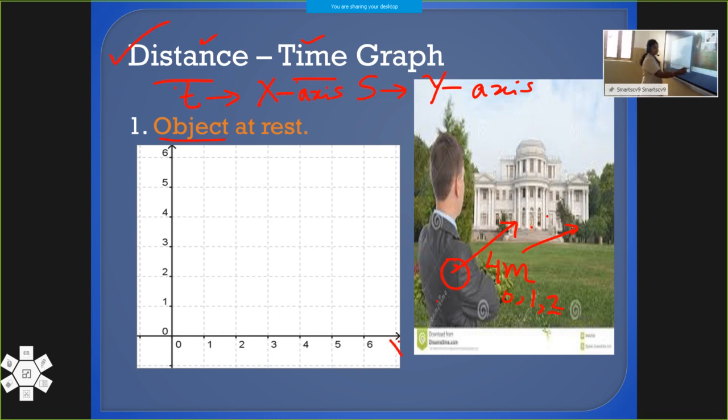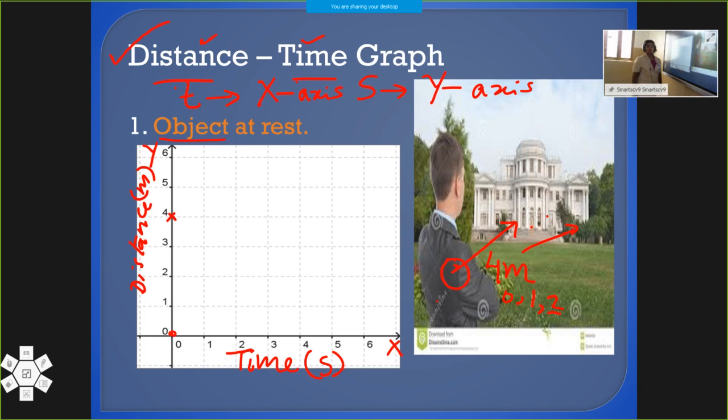So here I have the x-axis, then the y-axis. The most important thing is you have to write the physical quantity along the x-axis. We have time along the x-axis, and how will you represent time? Here I have given seconds. You can represent it in minutes or hours, depending on the data you get. So time along the x-axis, and we have distance along the y-axis, and distance is in meters. So here the origin O is here, and at 0 time, starting time, the object is at a distance of 4 meters.